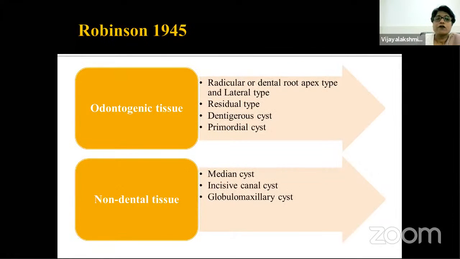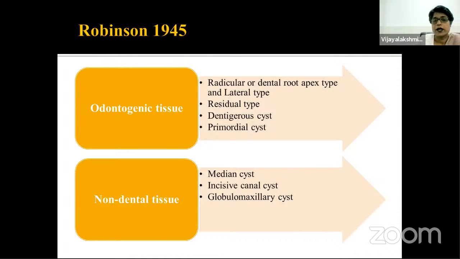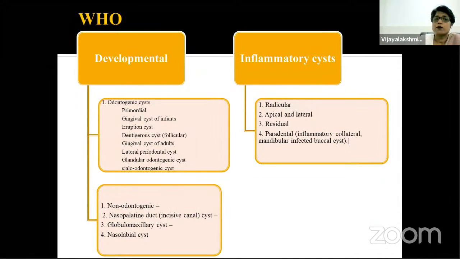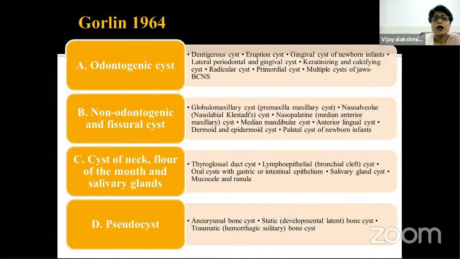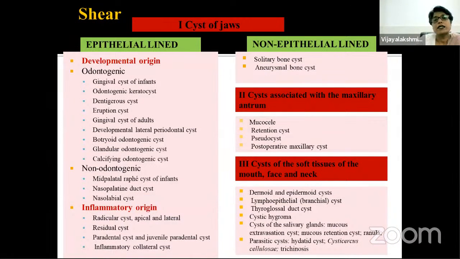Shear. In 1945, Robinson divided it into cysts arising from odontogenic tissue and non-odontogenic tissue, whereas WHO divided it into only two categories, developmental and inflammatory, and then in developmental, they categorized odontogenic and non-odontogenic, and they categorized inflammatory cyst as a separate entity. Gorlin in 1964 categorized it into four different categories, and in the odontogenic category, he put both inflammatory and non-inflammatory cysts together as well. Whereas Shear categorized this particular